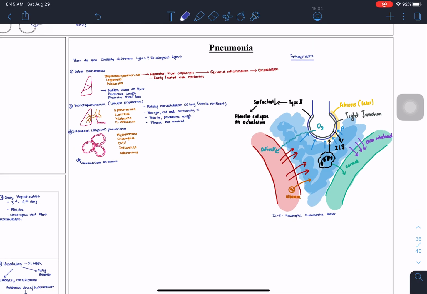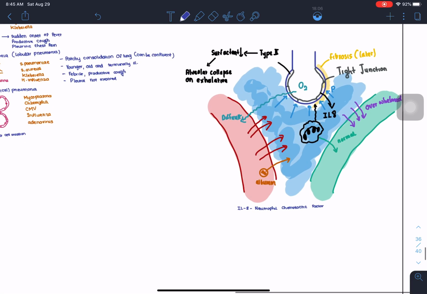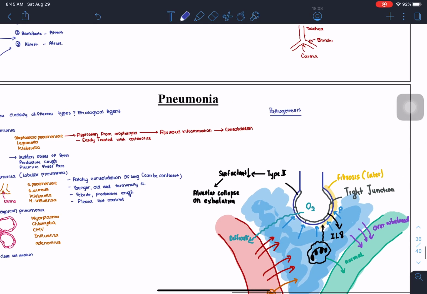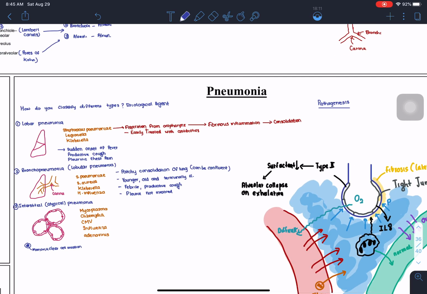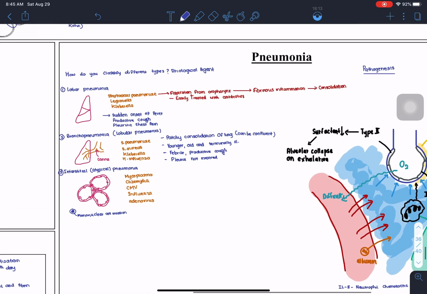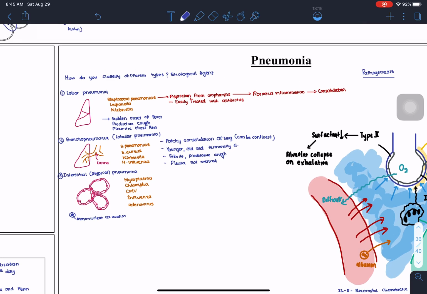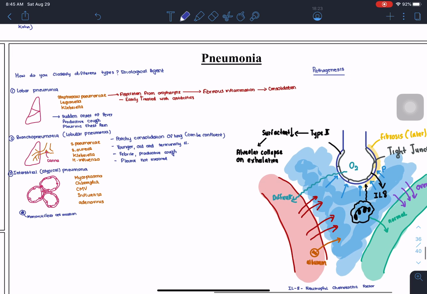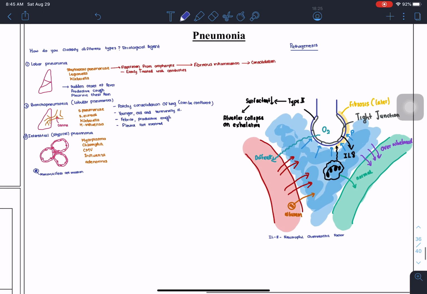Pneumonia is what is seen in COVID-19. One of the end stages is pneumonia, which can lead to acute respiratory distress syndrome, and you need to put the patient on a ventilator or the patient can die. So pneumonia,